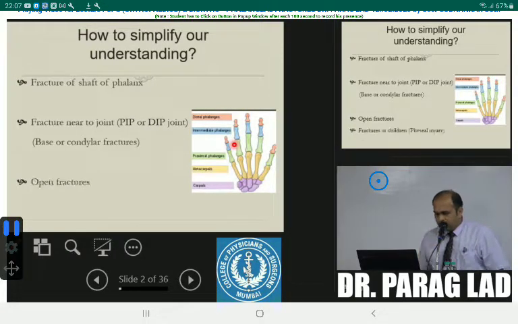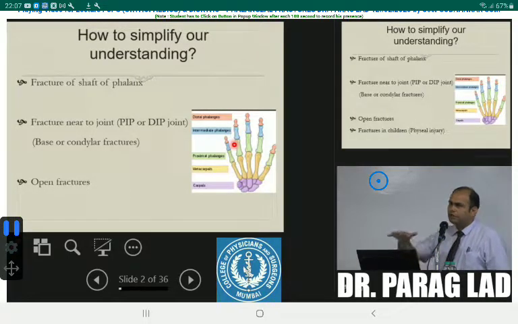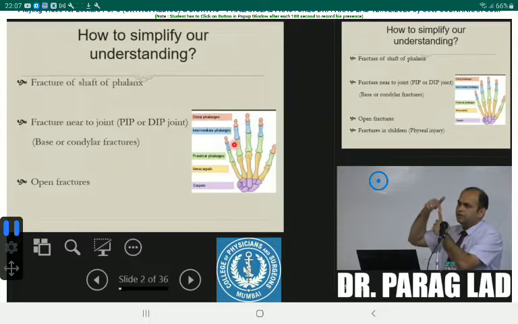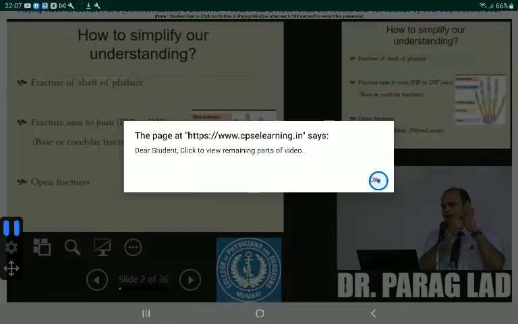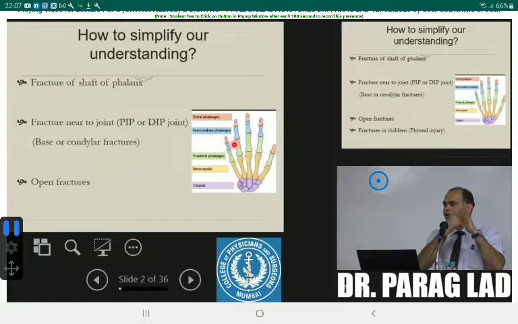Now there can be open fractures in the hand, especially industrial accidents, like the hand getting caught in a sugarcane juice machine, a punching machine injury or a roller machine injury. So open mutilating injuries in the hand are extremely difficult to treat. Here in the hand there is no fat. So either we have skin, then we have extensor tendon, then we have bone on the dorsum. On the volar side, we have volar skin, we have flexor tendon, we have bone, and on either side we have the digital neurovascular bundle. So beyond this, there is no anatomical structure present in the hand.